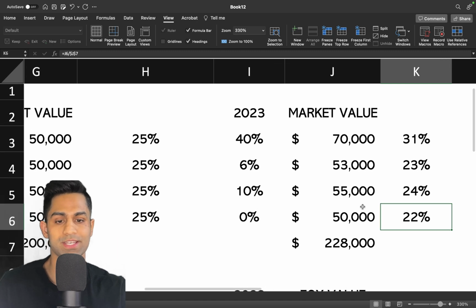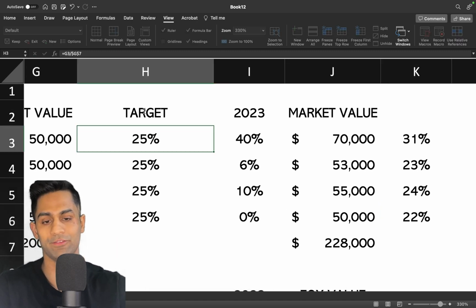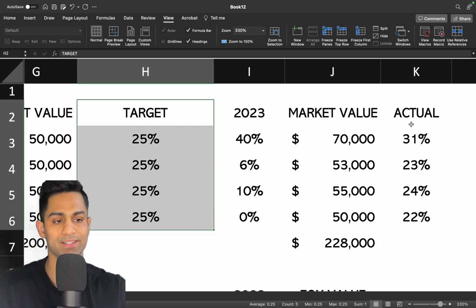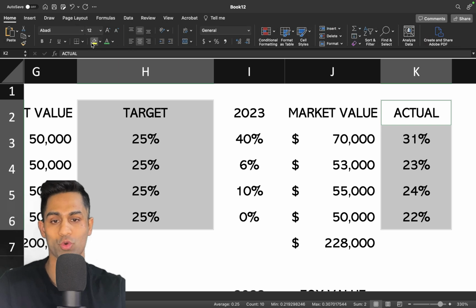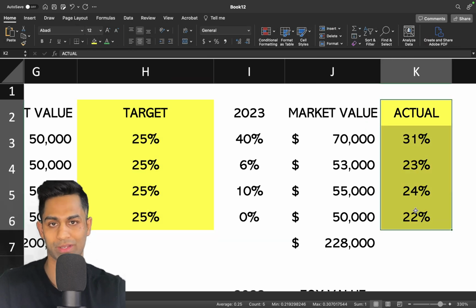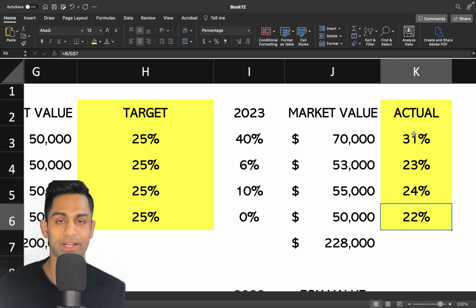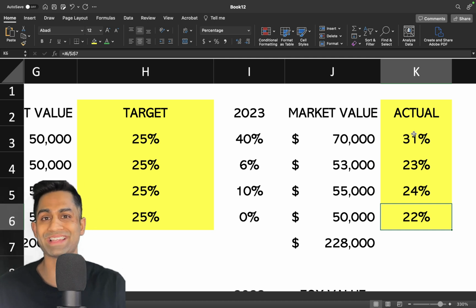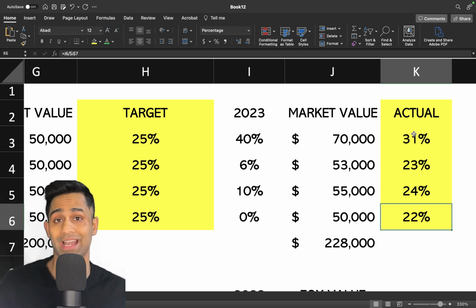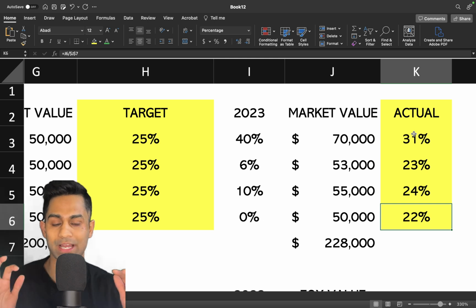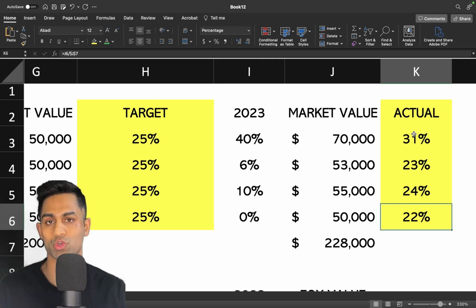So you can already start to see, if this is your target and this is your actual, you can already start to understand the discrepancy between your target allocation and your actual allocation. So this is the concept of overweight and underweight, right? In a portfolio, you can be overweight and underweight certain stocks, certain assets, different ETFs. It can work in many different ways. It can be cryptos, gold, whatever it is, right? Different asset classes. That's how portfolios are built with respect to overweight, underweight allocations to certain asset classes, stocks, ETFs,